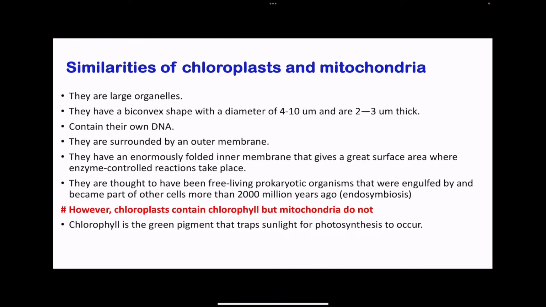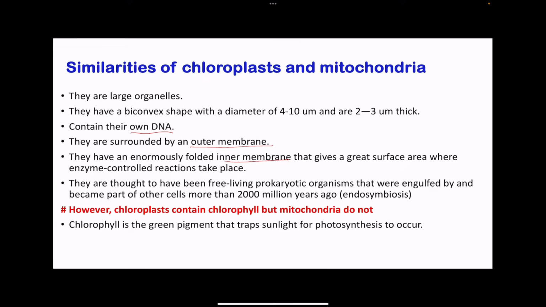Moving on to similarities of chloroplast and mitochondria. Both are organelles that have a biconcave shape. They contain their own DNA. They are surrounded by an outer membrane, and they have enormously folded inner membranes. These foldings provide large surface area for enzyme-controlled reactions that occur within the inner membrane, and they are thought to